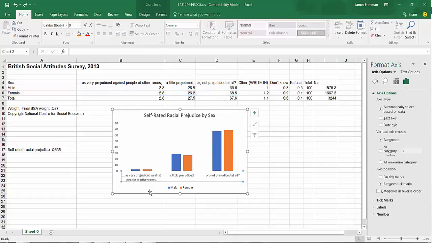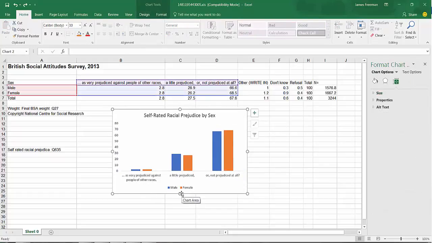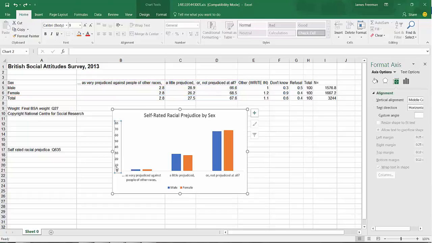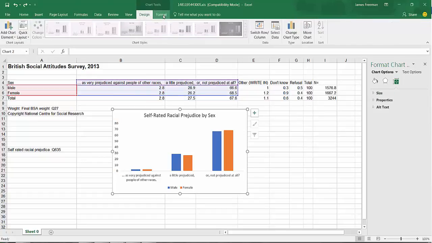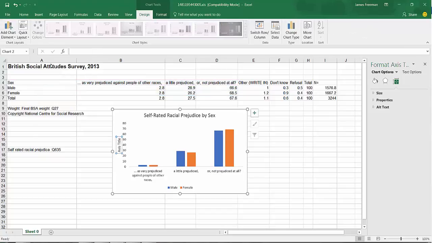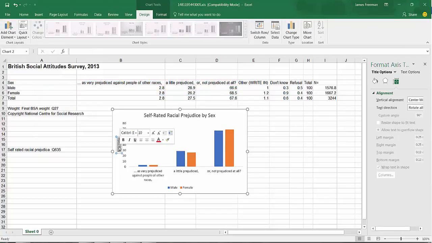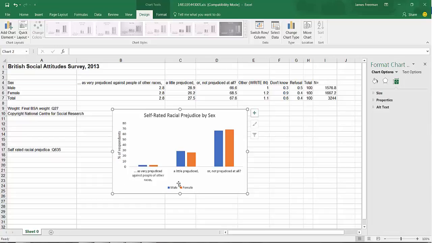And there we are. So down here, I think we'd also probably want to add a source and to tell us that this was percentage of the answers over here. So we'd probably go add chart design, add chart element, so percentage of respondents,